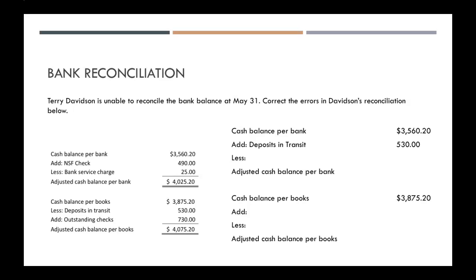Now, what would get subtracted from your cash balance per bank? So again, this is going to be something that the bank does not know about and would decrease the amount of money in your bank account. So that's your outstanding checks. So what is an outstanding check? Well,